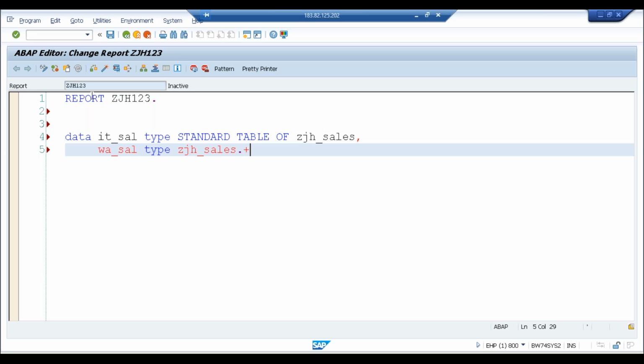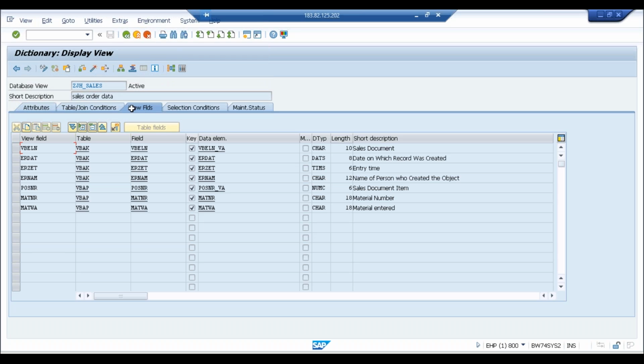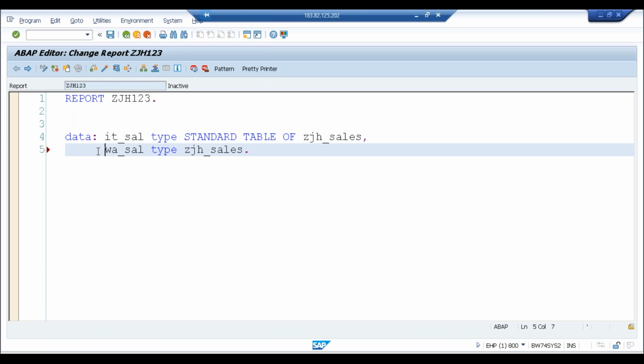So what we'll do is we'll go ahead with a colon here. Now we just need to check if, yeah, this is the view that we have created. So we are copying the properties directly from the view here.